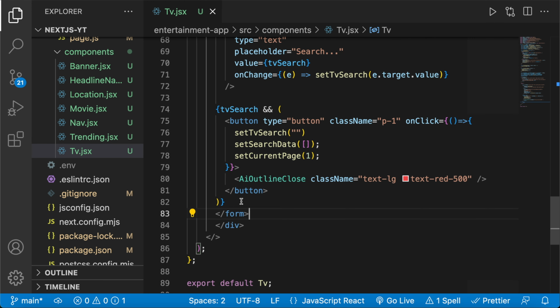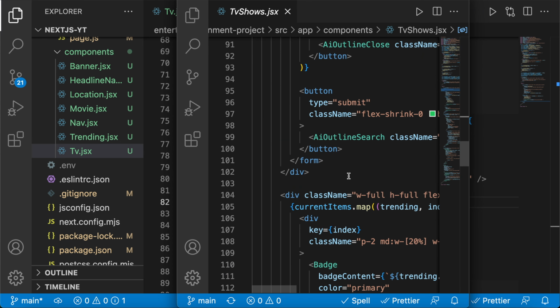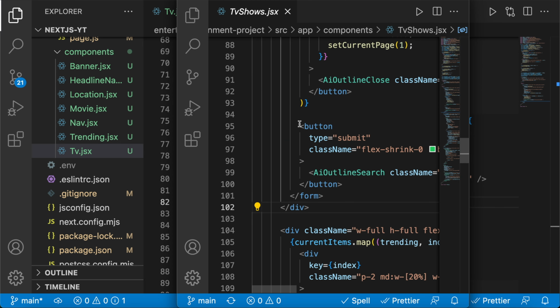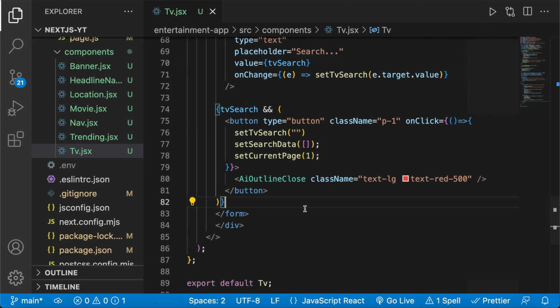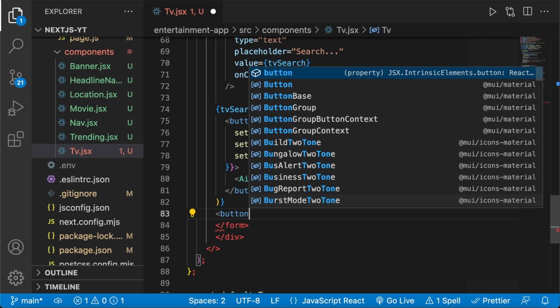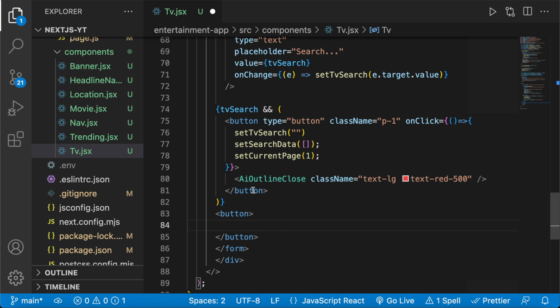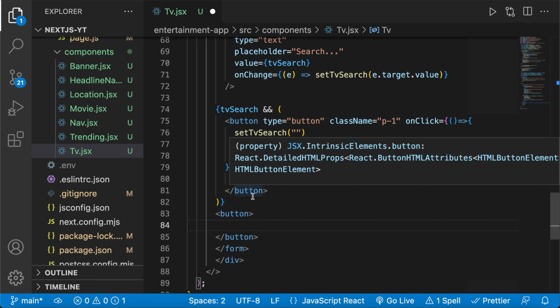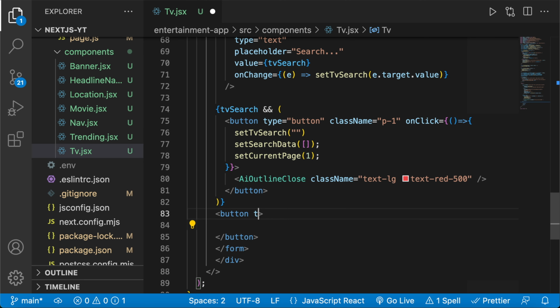So before that now, we can come down here and have this button, and this button is going to have the type, and this is going to be submit,